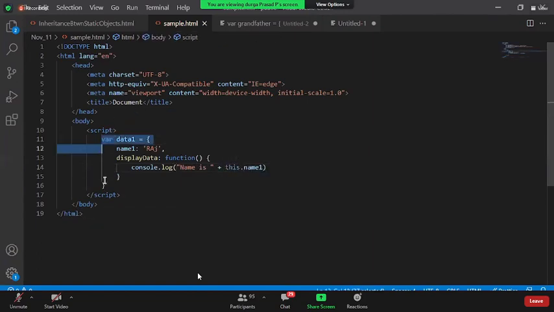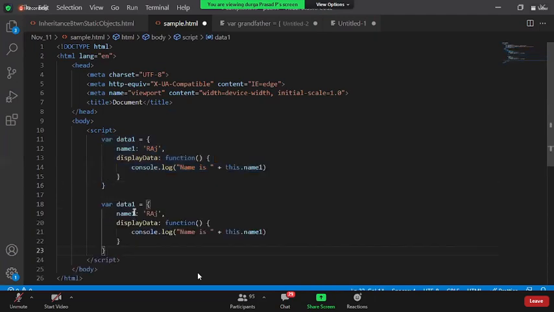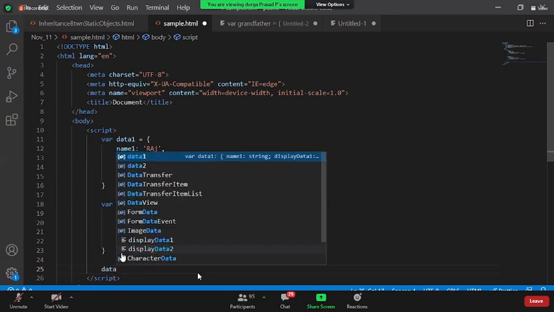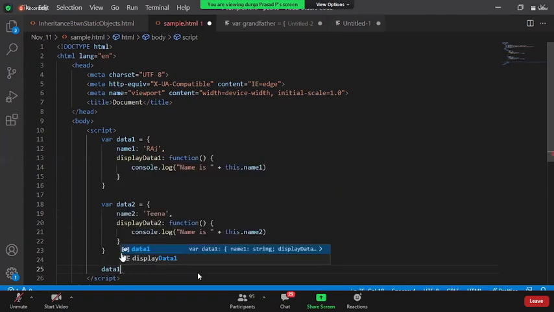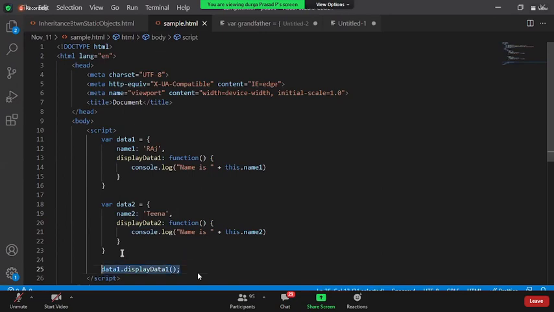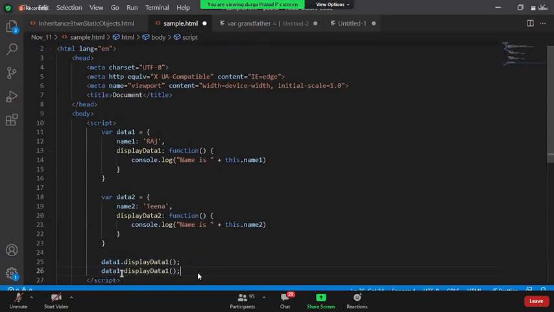In the same way, I have data2. This one has displayData1, this one has displayData2, and this is name1 and this is name2. I say Tina, and here I'm going to show name2. Now I say data1 dot displayData1. In the same way, data2 dot displayData2.